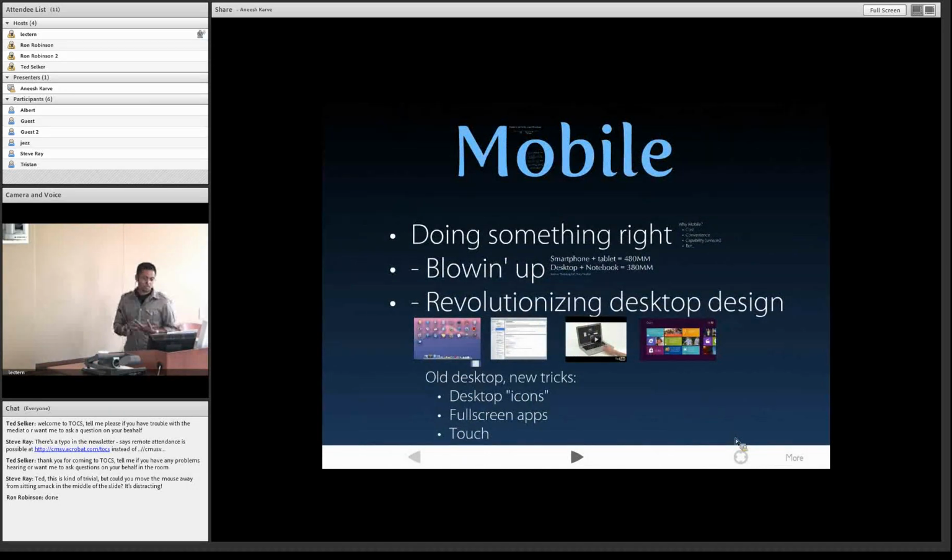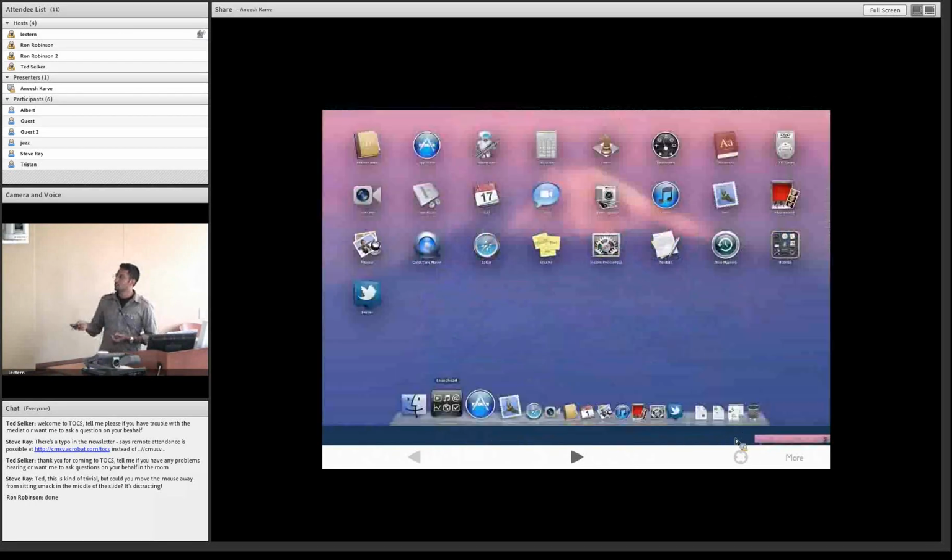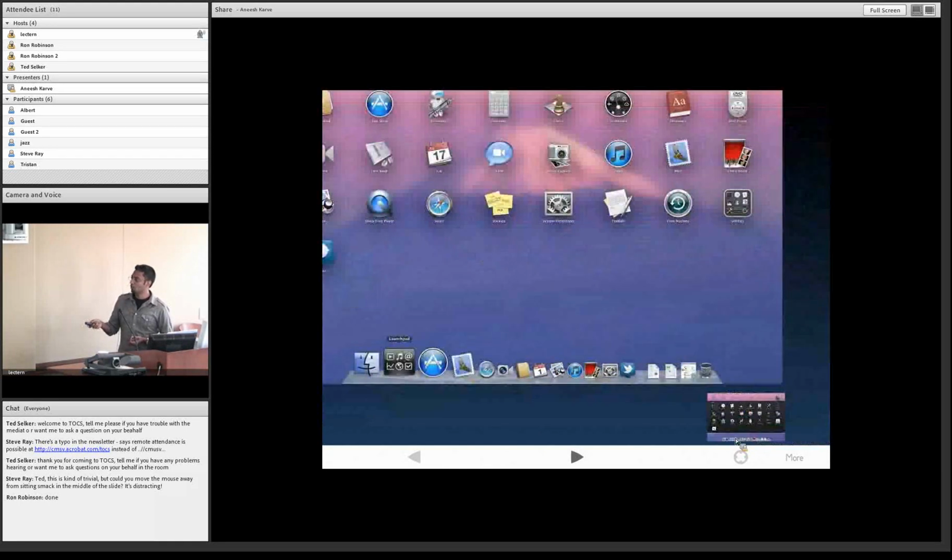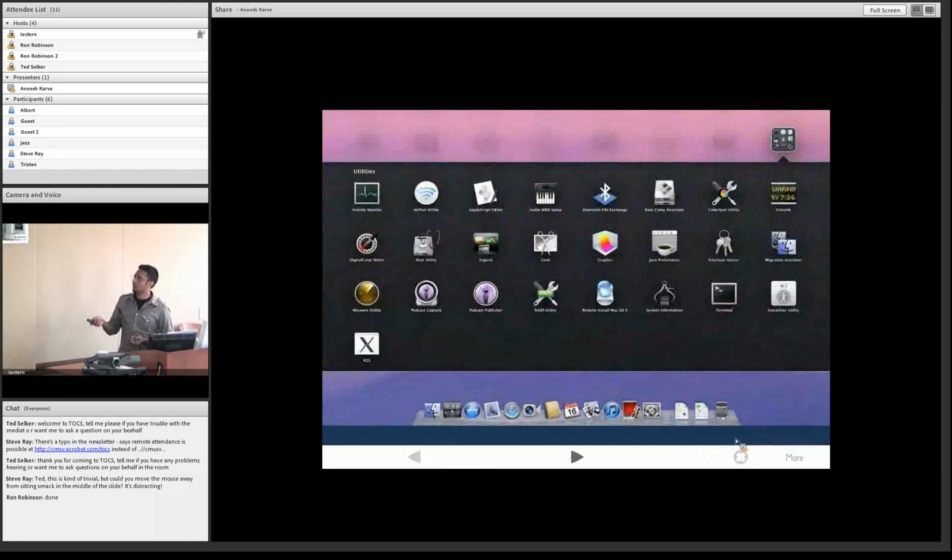Well, we also see this tremendous influence of mobile design on desktop design, and I want to motivate that to you here in a moment. If you just take this piece of user interface from the bottom here, this looks exactly like an iPad. However, this is OS X Lion. Now if you look at the folder opening animation on OS X Lion, which is of course a desktop and notebook operating system, you see that they've taken exactly, pixel for pixel, the folder expansion metaphor from the iPad.